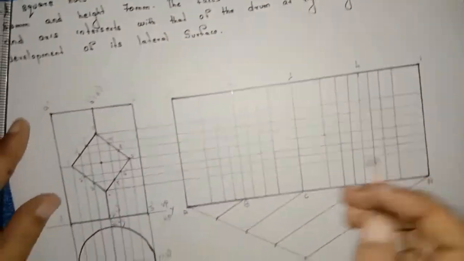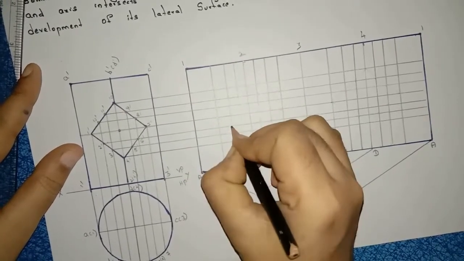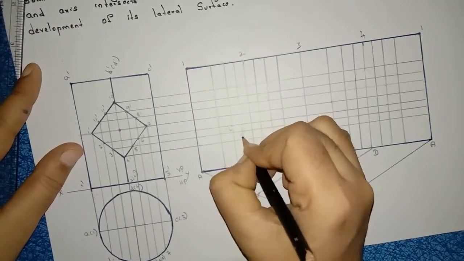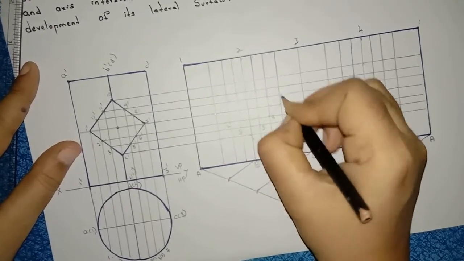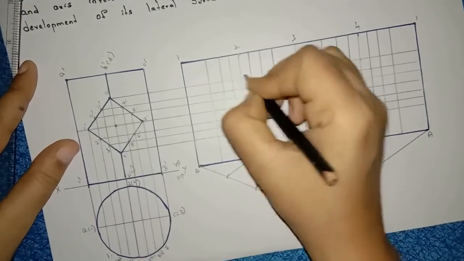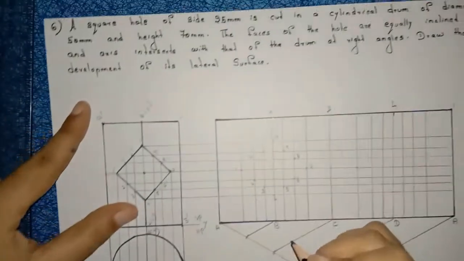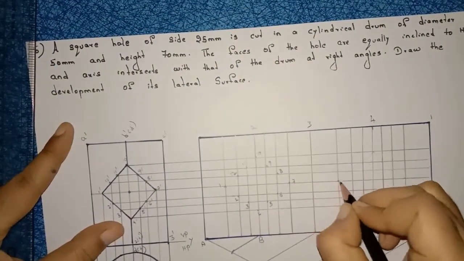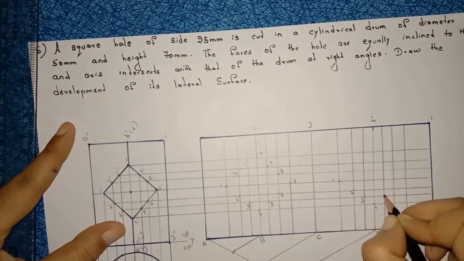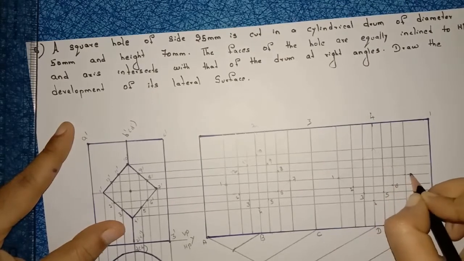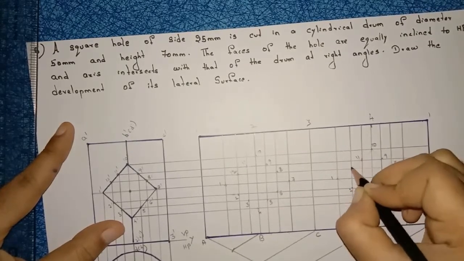Right, now simply see, this is your first line, no? So I will write this point as 1. You can write simply here 3, 4, 5, 6, 7, 8, 9, 10, 11 and 12. Right, here also you can write it simply, this is the first point, no? 1, 2, 3, 4, 5, 6, 7, 8, 9, 10, 11 and 12.